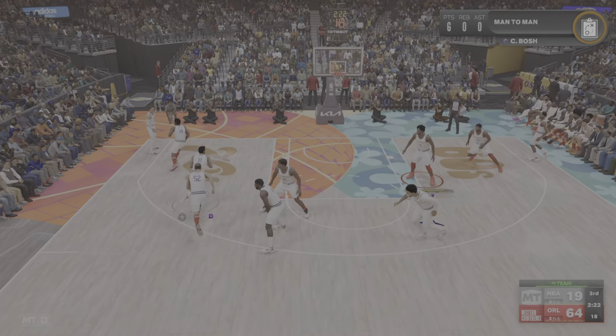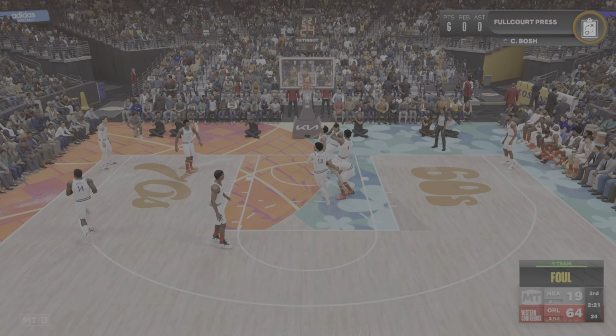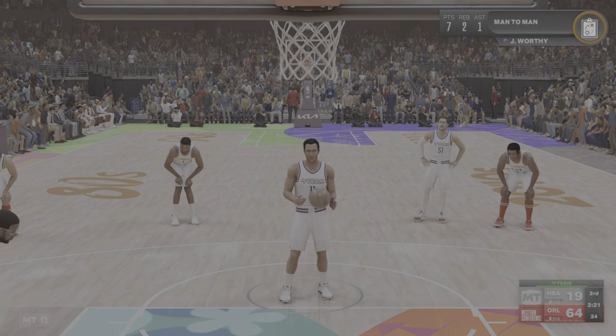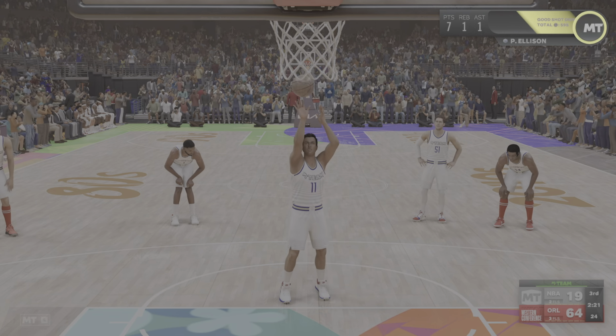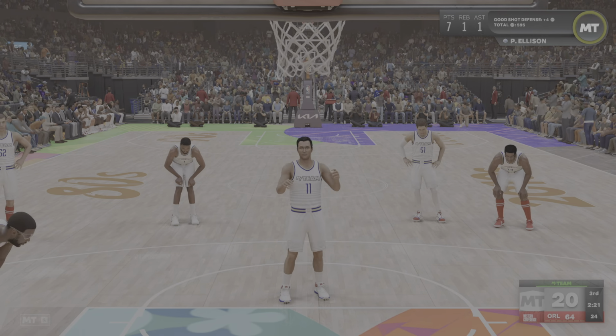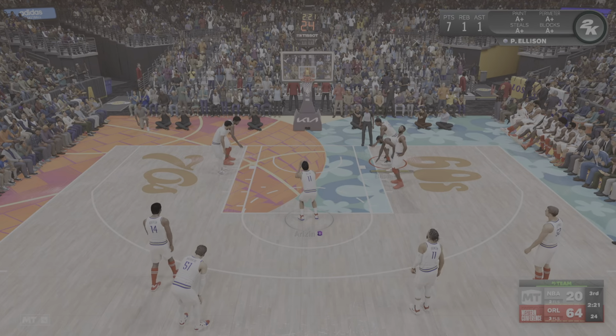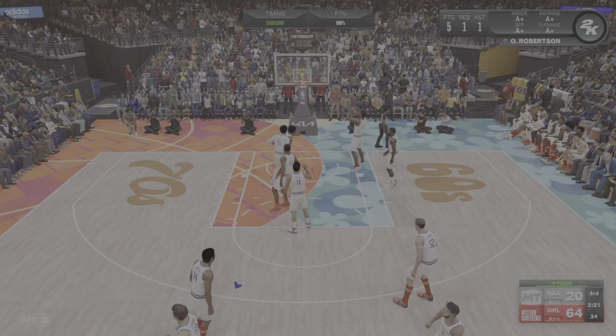A touch over 2.5 minutes of basketball played here in the third quarter. Orlando, first trip to the free throw line for him in this one. First personal foul, third team foul. First free throw is good. Jalen Brunson, he's checked in for Bridges. At the line for 2. He hits both from the stripe.